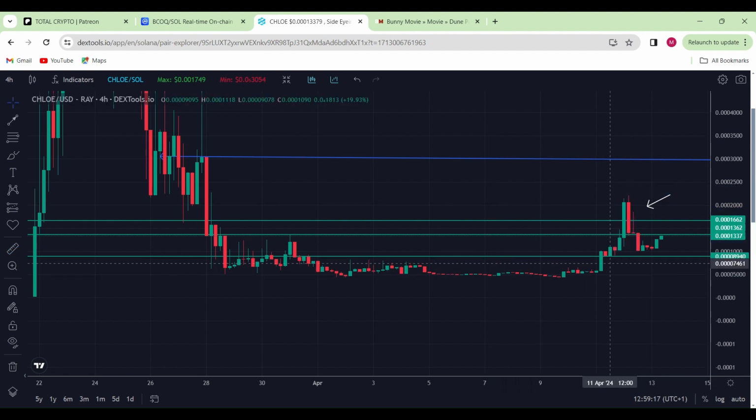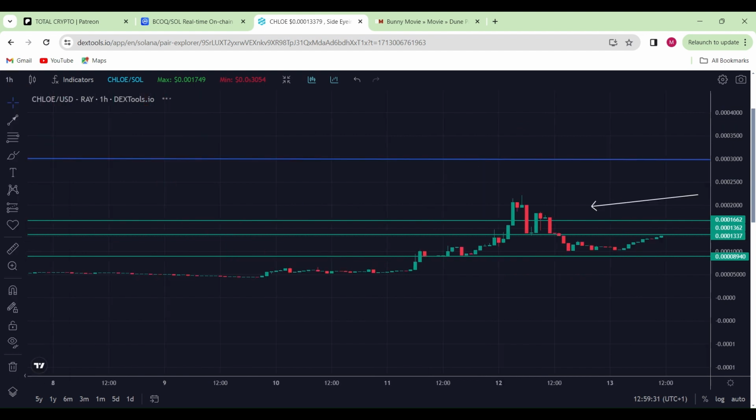I have already entered in 3 different spots. Here's the first area that I've entered for my first trade, it's here for my second trade, and it's here for my third trade. Now I've entered these two here on a smaller time frame because if you go back to the hourly chart, you can see the reason why I've done that, because we've gone up, we came back down, we created like a support level here. So I've entered here for the move for continuation to the upside, or at least up until that blue line, which is the resistance. Instead, we then pull back, which is absolutely fine